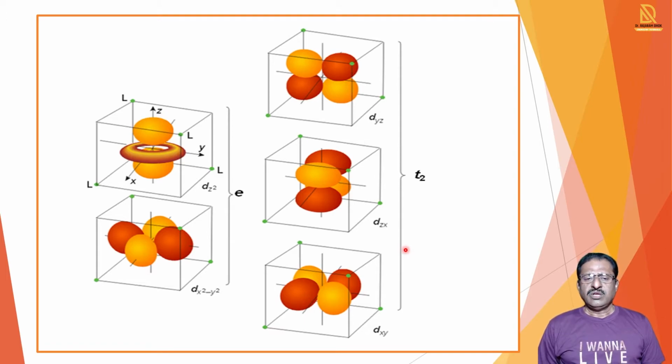Now, the repulsion is less, but there is repulsion. So out of T2G and EG, which is repelled more and which is repelled less, which acquires the higher position and which acquires the lower position? From this arrangement, we can see that in T2G orbitals, the metal orbitals and ligand orbitals are close as compared with EG. So T2G orbitals are repelled more as compared with EG. So when T2G and EG split into two groups, T2G acquires higher energy and EG acquires lower energy.